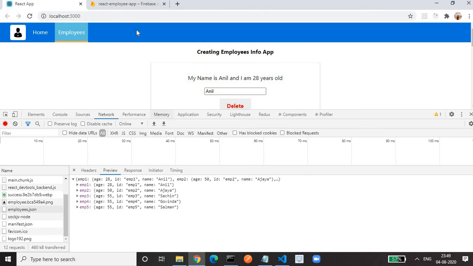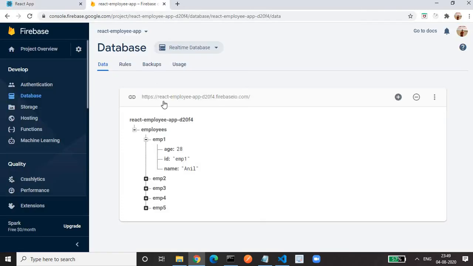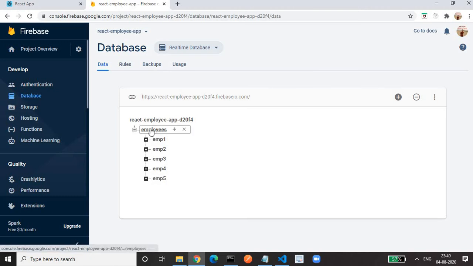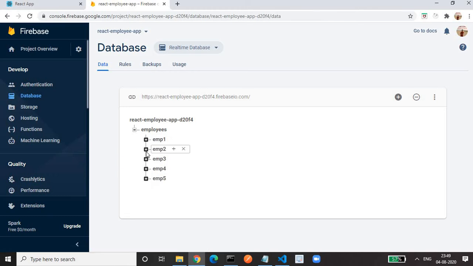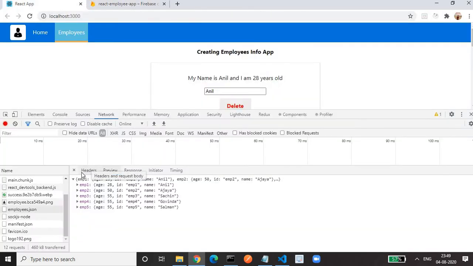So this is like I told you, right? Everything here is an object. So we are fetching employees, which is an object. These are the keys of the object, and for this key the value is this, and for this key the value is this.